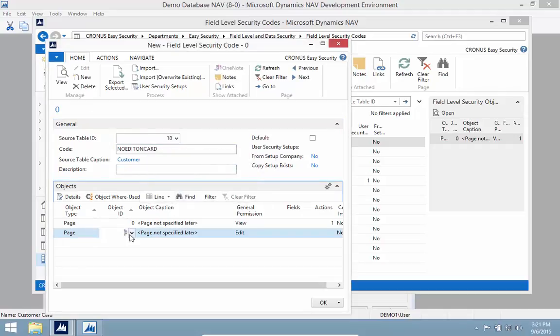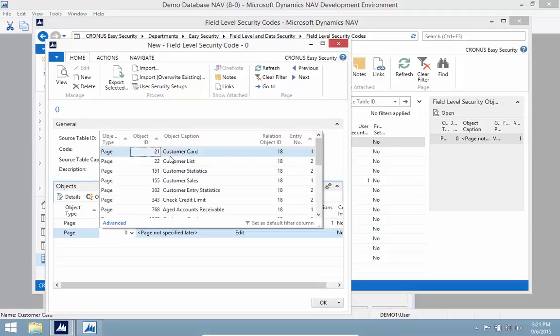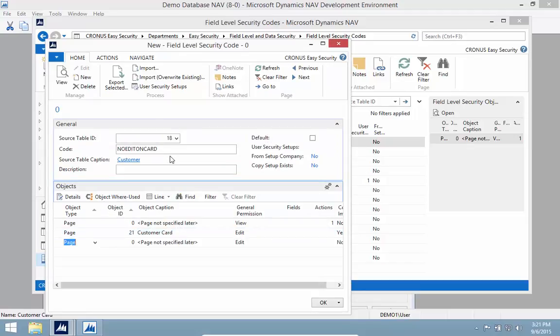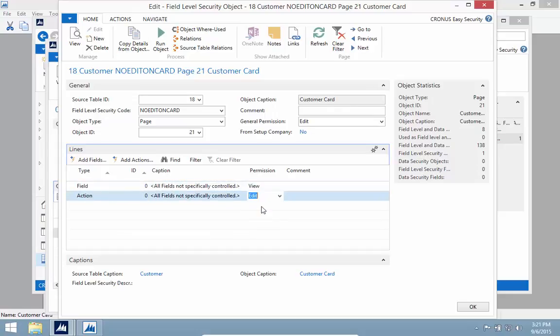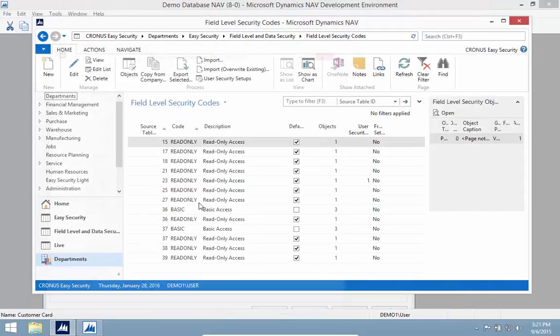And I want to go down, add my customer card, leave it editable in here, but go out in the fields and say that every field is only view in here. And let's just do every action view also in here. So in this case, I leave the page itself editable, but every field should gray out now. So as I apply this no edit on cart,